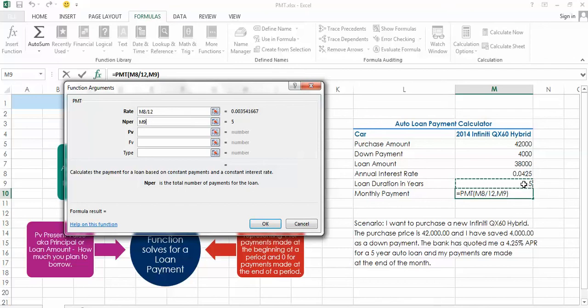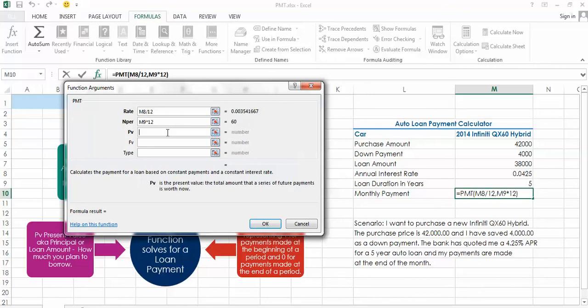So we want to take the 5 years that's represented in cell number M9, and then we want to multiply that by 12. Now that tells us how many payments we're going to make. If we have to make monthly payments, 12 months in 1 year times 5 years, that returns, of course, 60,